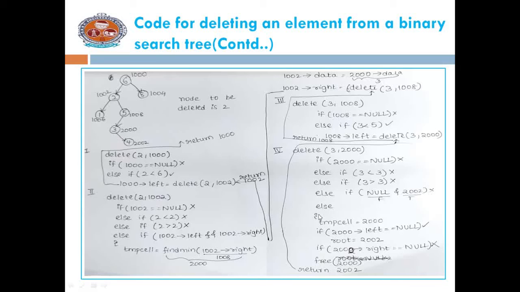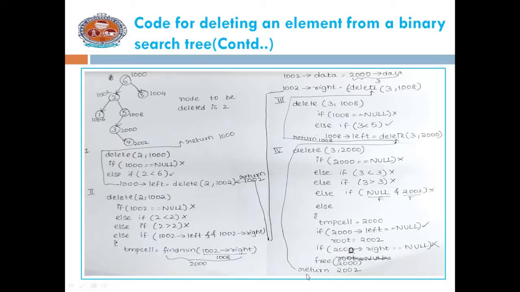The else block executes when you are deleting a node with a single child. So here I am storing temp equals root, that means 2000. If 2000 of left is null, you have to replace the right value here. So 2000 of left is equal to null. So I am assigning root equals root arrow of right. So root arrow of right is nothing but 2000 of right, so it becomes 2002. And here the else block does not work. So at last free temp, that means we are deleting this node. And we have assigned 1008 of left as 2002.